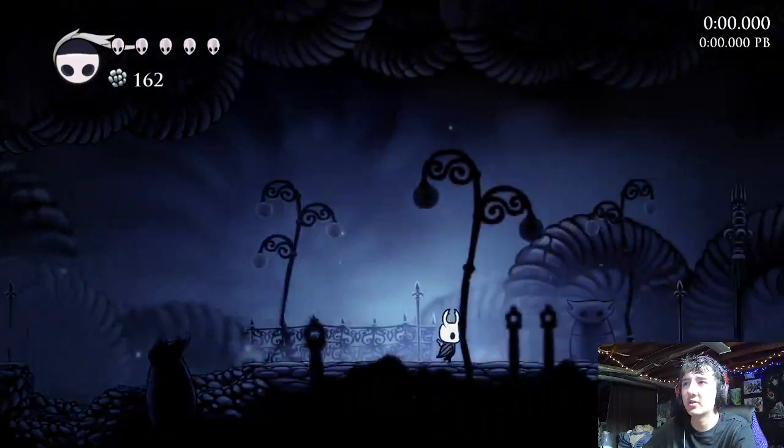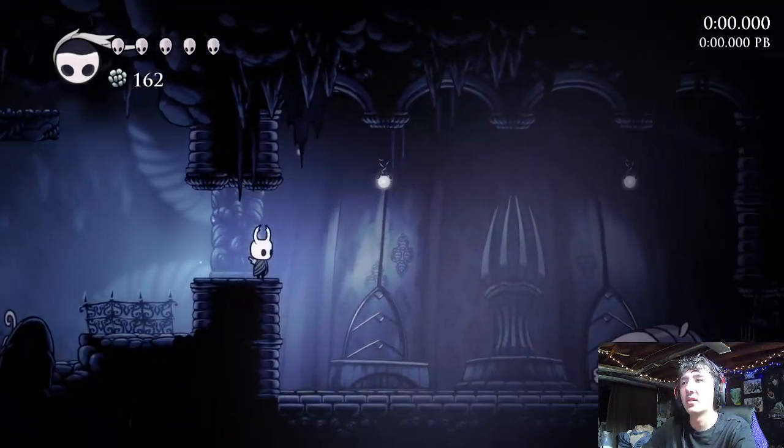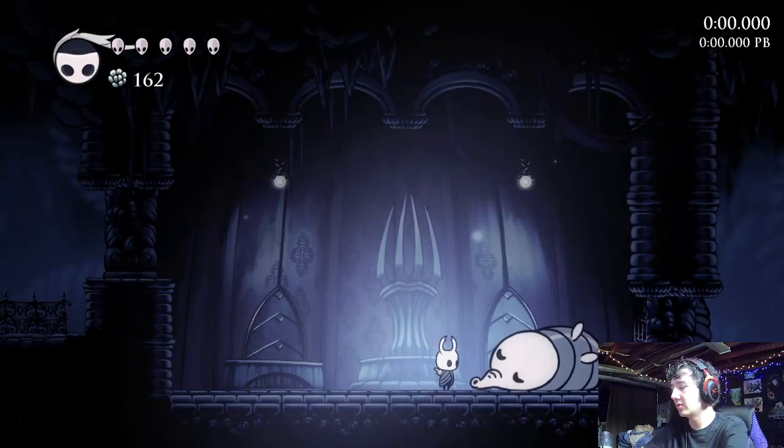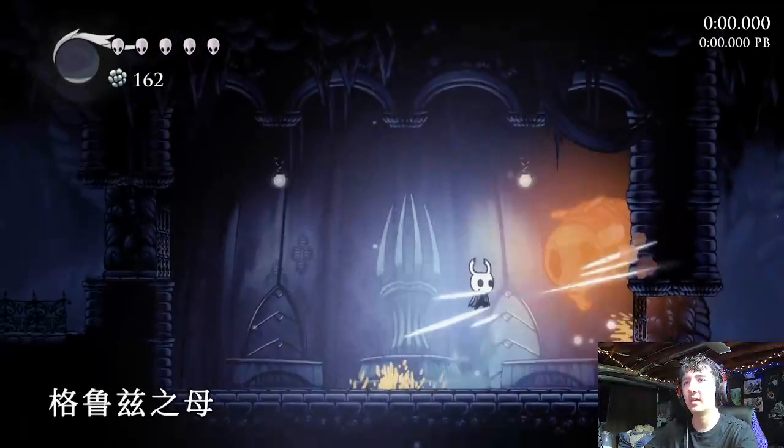This room, you're just going to dash a bunch. Once you get to here, dash. Then you're going to walk, dash once. And this is Gruz Mother. So it's a pretty straightforward fight. There's not much to it. You basically just want to null fireball, null fireball, null fireball, then...